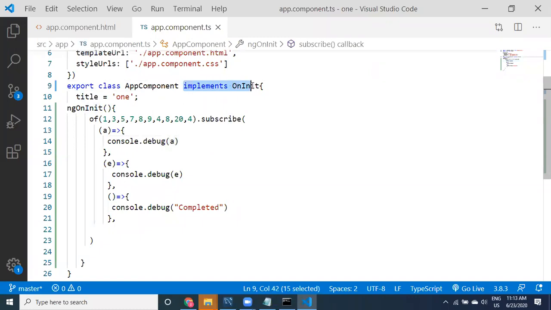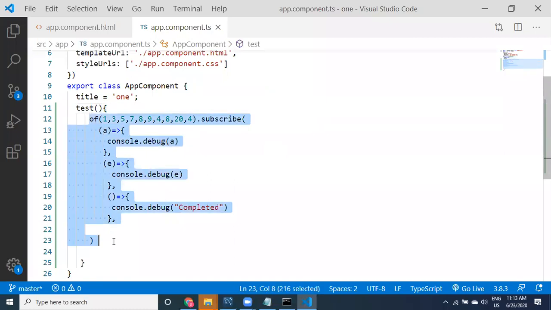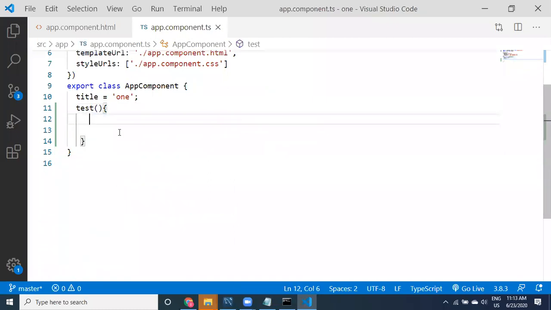So otherwise, we did not discuss this ngOnInit, right? Just for testing purposes, I had just taken implements OnInit. What I will do is I'm going to take my own method. Okay, test method. Okay, let it be test method. I'm going to explain how what I have written, or I'm going to write the whole concept here. Yeah, I have only the test method. Let us look at it.